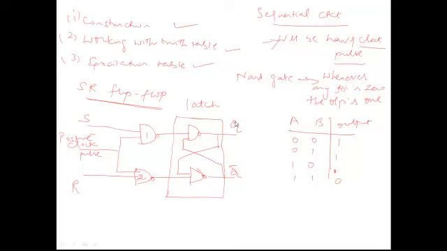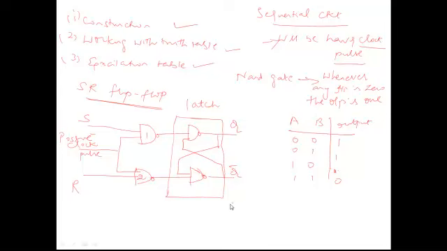Okay. So here in this latch, you are having the output which is connected to the input also. So when you are writing the truth table, you are not only going to write the truth table with respect to the S, R as an input and Q as an output. You will also write the truth table by having the Q as an input, which you call the present state, and Q plus as an output, which is called the next state. Okay. So here you have to understand there is a state of the flip-flop. State in the sense, present clock pulse, what is the output? We call it the present state. In the next clock pulse, what is the output? We call it the next state.